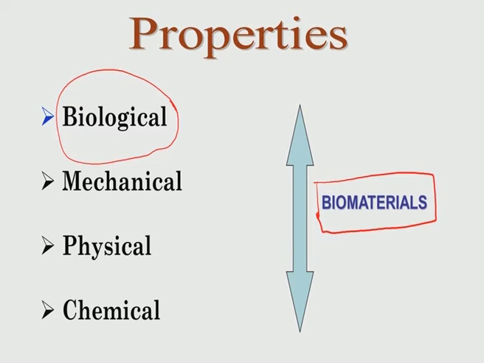So, in other words, for a material to be classified as a biomaterial, it must have appreciable biological properties, which can be qualitatively and quantitatively described, to give us the confidence that, yes, indeed, if the material is placed in an osseous system or at a particular human anatomical site, then that material would be compatible with the surrounding tissue structure or surrounding biological system.